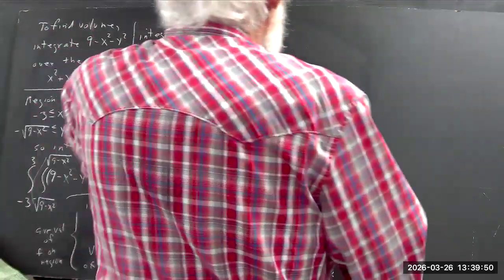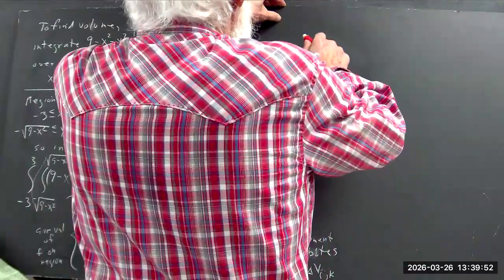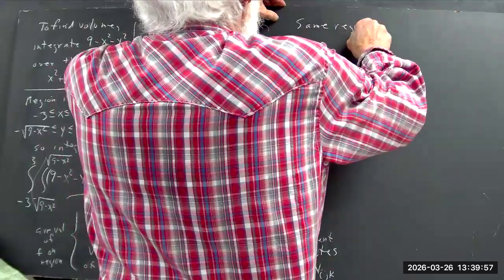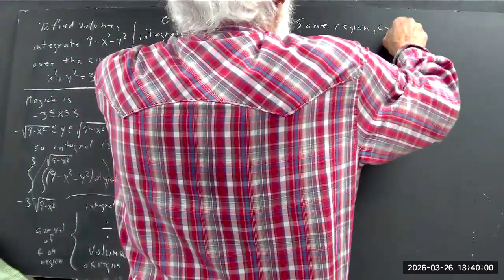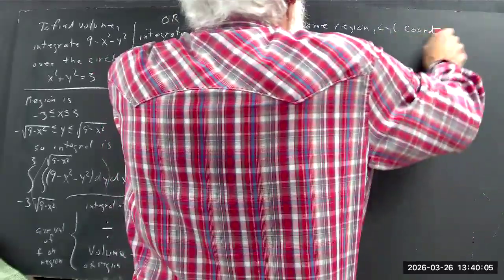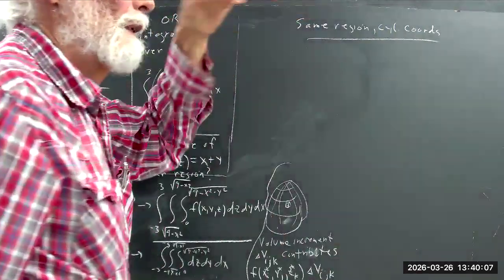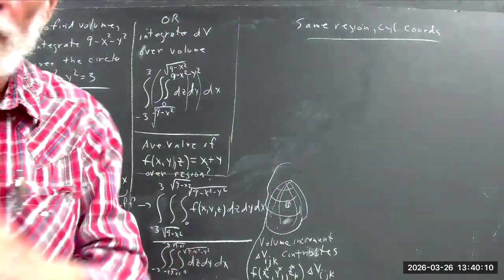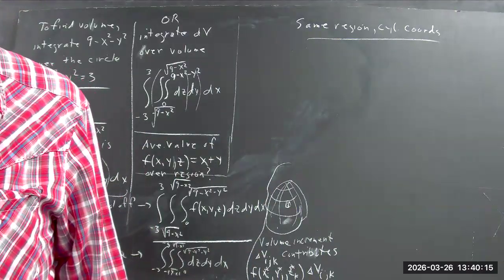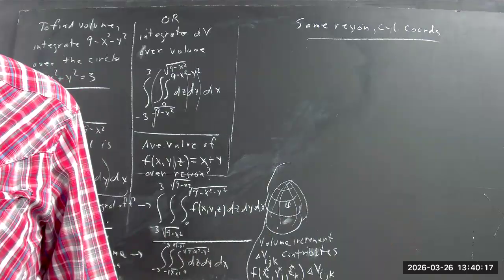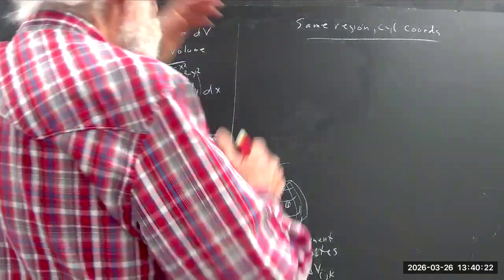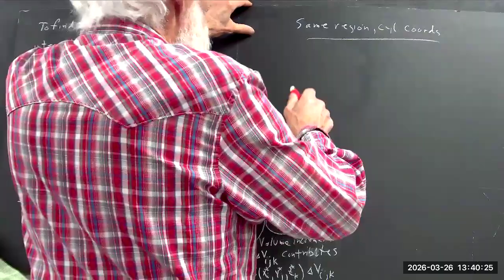Now, same region in cylindrical coordinates. Yeah, I don't know if you've had time to get to the assignment that was officially due today on cylindrical coordinates. Okay? Yeah, the spherical and cylindrical coordinates, section 2.7. You want to be sort of familiar with them, but we've been talking about them. So the same region,